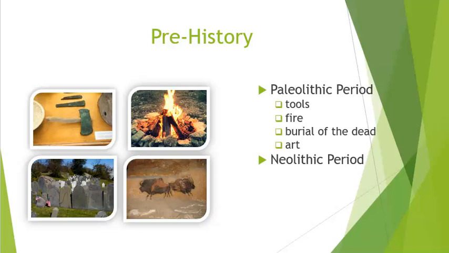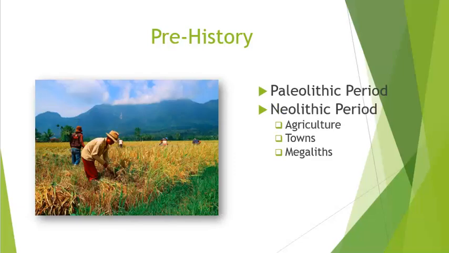Then you get to the Neolithic period. So we get the Paleolithic period, and then we have the Neolithic period. Well, the Neolithic period is generally held to have begun around the time that the Paleolithic period left off, so around 10,000 BCE, and continues to around 4,000 BCE-ish, or right up before the time that human beings figure out how to write stuff down.